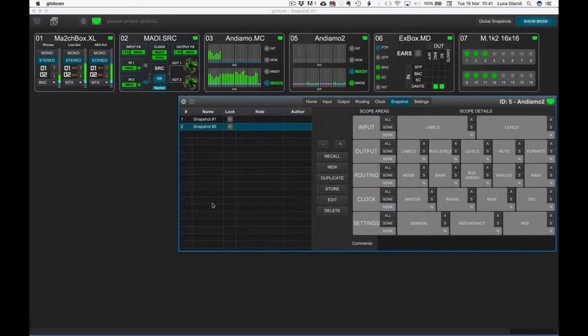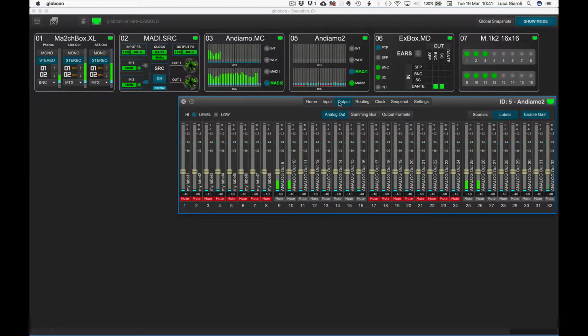Following the first video tutorial introducing the snapshot management in globcon, let's now make some experience with the scope set and the recall command. In the previous tutorial, we took a couple of snapshots. Let's have a look at the current status of our DirectOut Andiamo2 device, where the output labels of channel 1